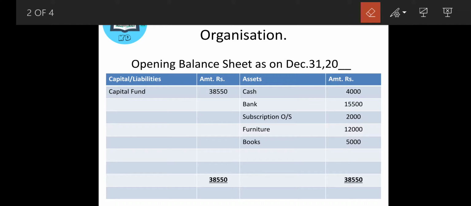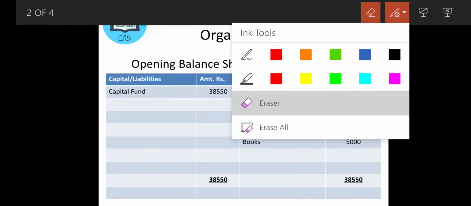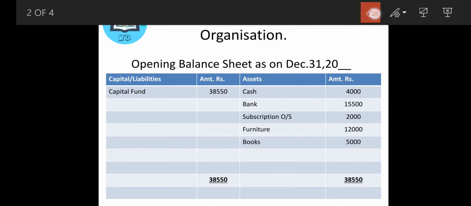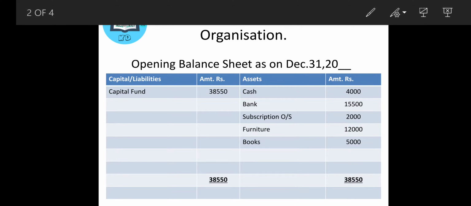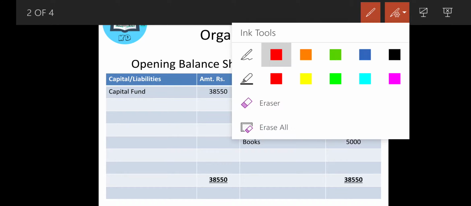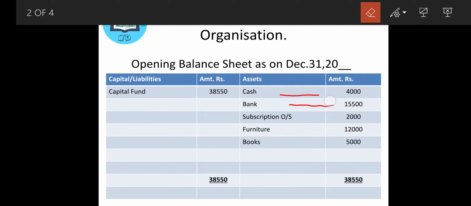So the very first item is cash in hand, cash at bank. On the receipt side, the very first item is cash in hand, cash at bank. So come to your opening balance sheet and there transfer on the asset side cash in hand, cash at bank, because they are assets for the previous year. Understood? Come to your next part, that is subscription. Ignore full subscription right now, we will do it when the adjustment is done.